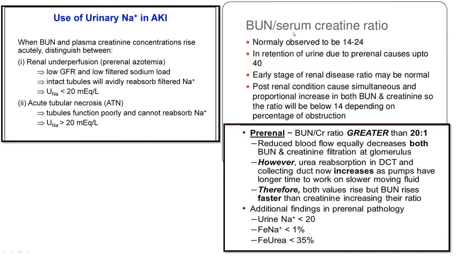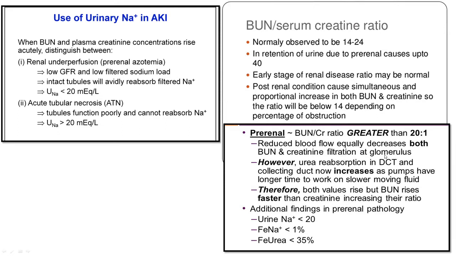Now coming to the BUN and serum creatinine ratio, normally the ratio observed is 14 to 24. In the retention of urine due to pre-renal causes, it can go up to 40. And it is because in pre-renal, the BUN to serum creatinine ratio is greater than 20, as I said, it can go up to 40, because the reduced blood flow equally decreases both BUN and serum creatinine filtration at